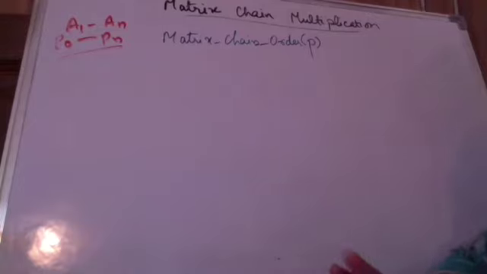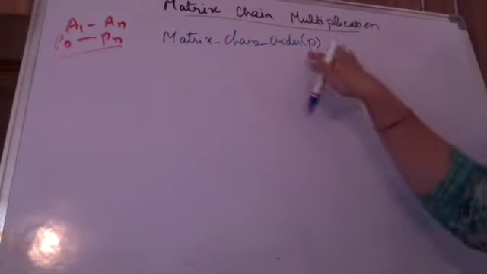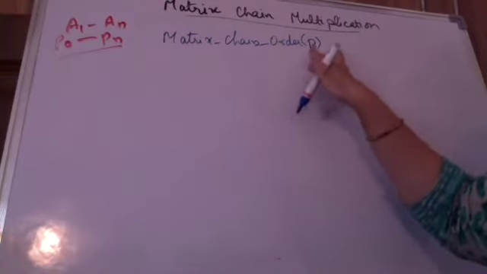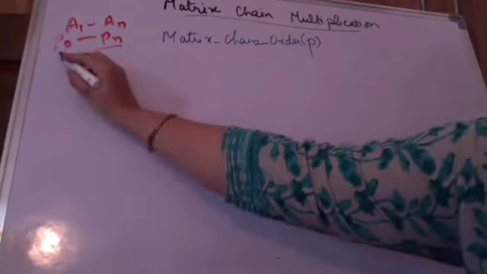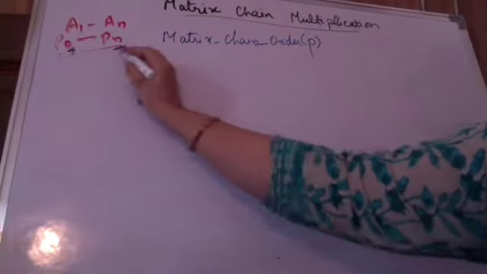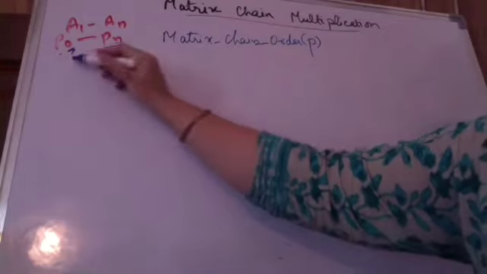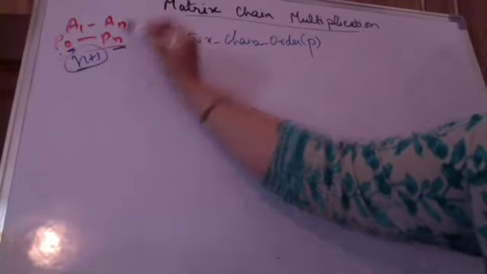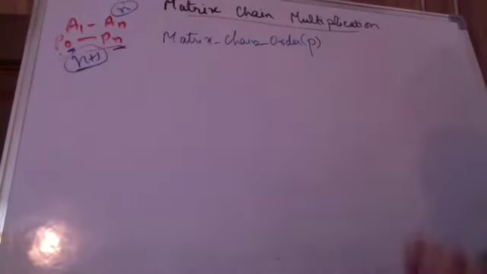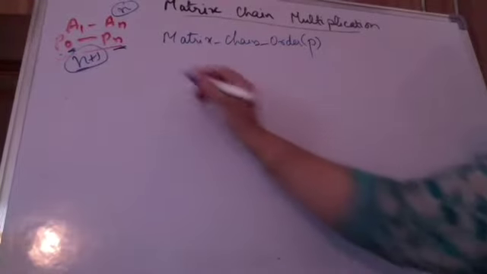To be able to find the correct parenthesization, I only require the order of all the matrices, which I assume is stored in an array P running from P0 till Pn. So the size of the array P is n plus 1 and the total number of matrices is n. This is clear, right? In case anything is not clear, just stop me and ask.